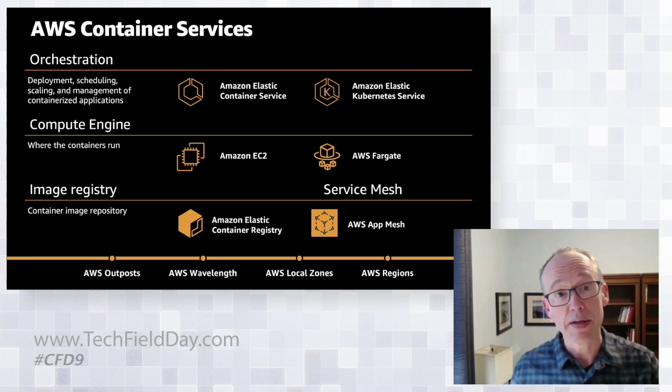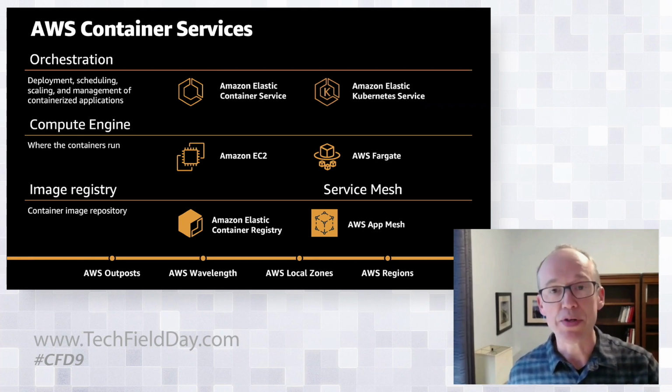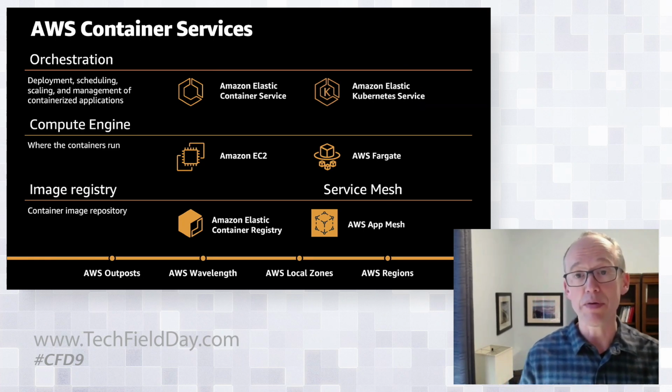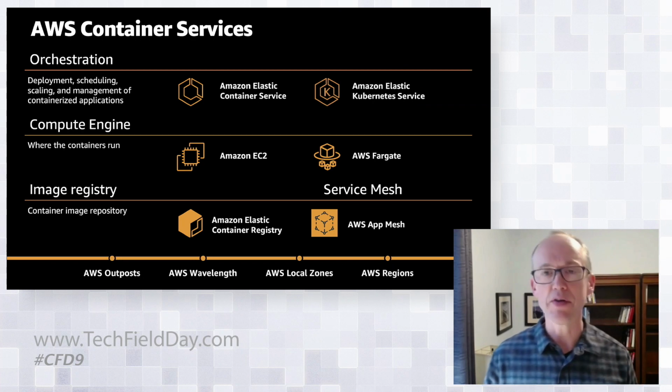With Fargate, there are no instances. There's no operating system that you're managing. There's no instance type that you're picking. What you do is you specify the resources, CPU and memory, that your containers need, and then you just ask Fargate to run them, and the containers run. And that works with ECS or EKS. And you only pay for the CPU and memory that you request for those containers.